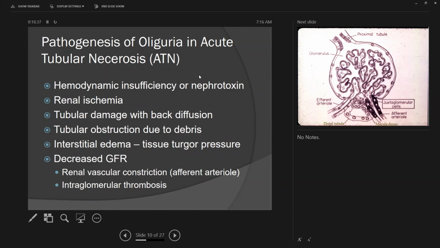And then just the fact that all that fluid is coming out of the tubule and into the interstitium, the kidney swells. And as a matter of fact, one of the things that you'll find if you look for it is that patients with ATN have big kidneys. And that swelling, that tissue turgor pressure, pushes on the tubule and further decreases urine flow. Last and most importantly,